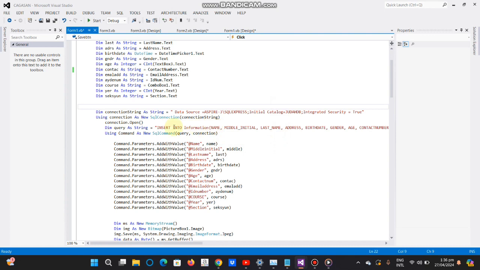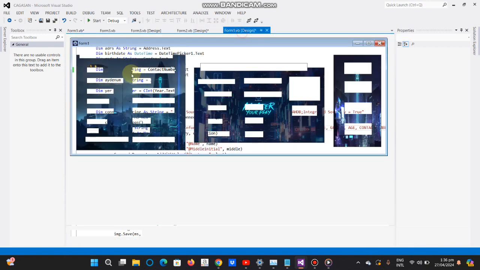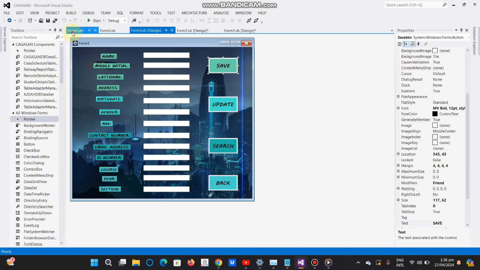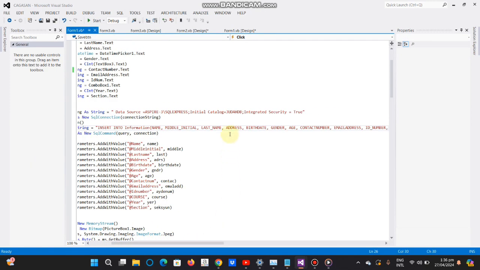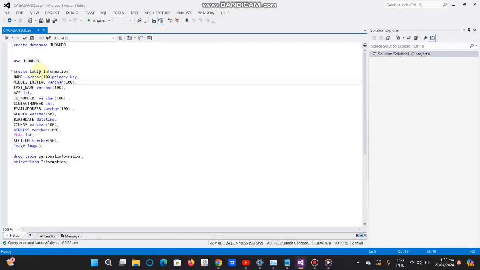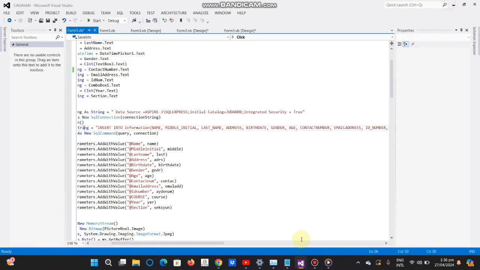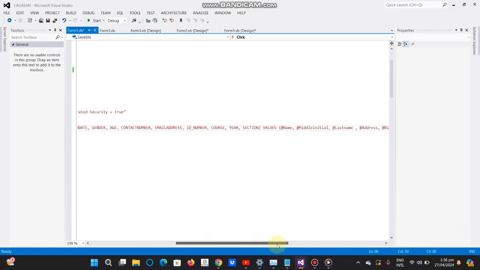And also I have initialized the query so that the inputted data in the text boxes will automatically be put into the tables that I have made in this database. So that's it.